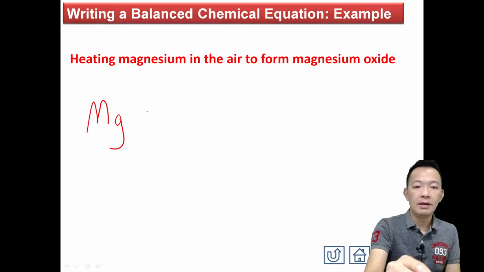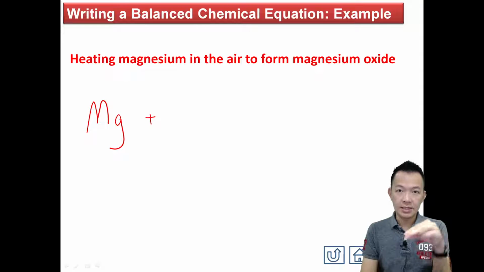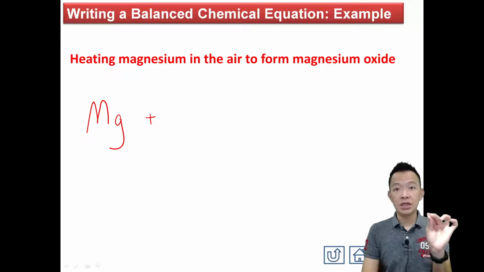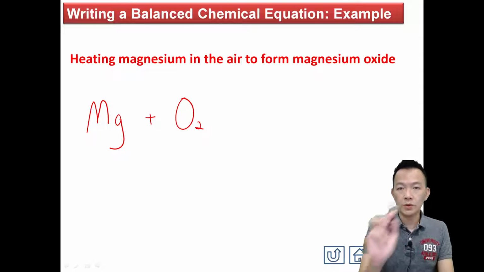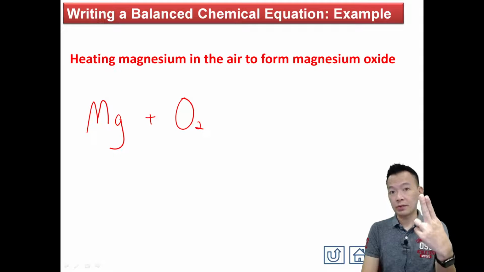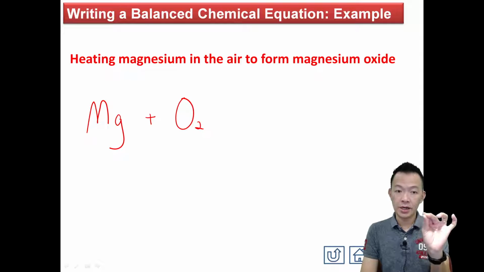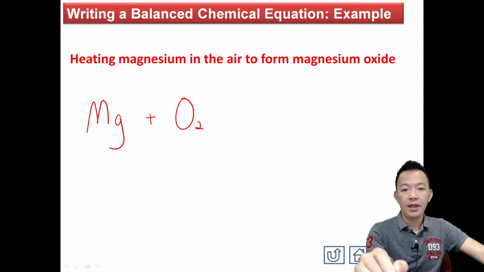Okay。Heating the magnesium in the air，它在空气中被烧。So magnesium reacts together with oxygen in the air，它跟空气中的氧气起反应，join together become magnesium oxide 啦，OK? But oxygen in nature exists in the form of molecule。Oxygen 在大自然环境呢，它是用分子的形态出现。So you have to write oxygen in the form of molecule，就是 O2，OK? 就是 O2，而不是 O。